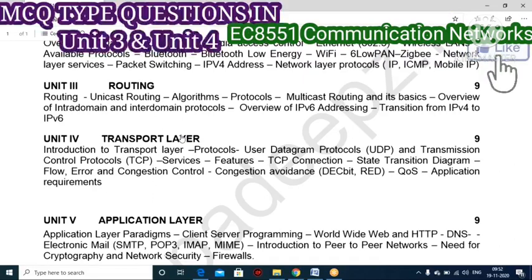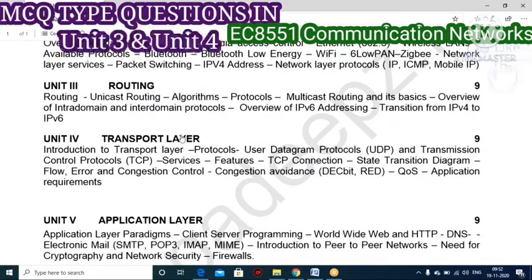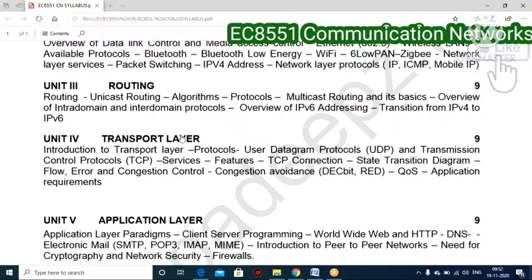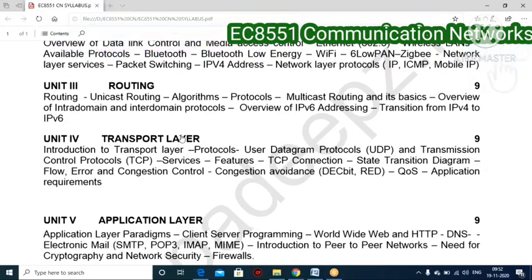Here they use different protocols such as TCP, that is Transmission Control Protocol, then UDP, that is User Datagram Protocol, and one more protocol, SCTP, which means Stream Control Transmission Protocol. That is not in your syllabus, but I included it, in case you get a question on this protocol too. So TCP, UDP, and SCTP. For each protocol you should know the function and its properties.